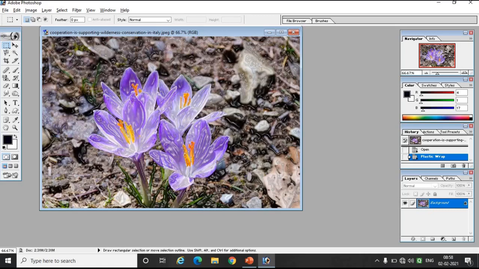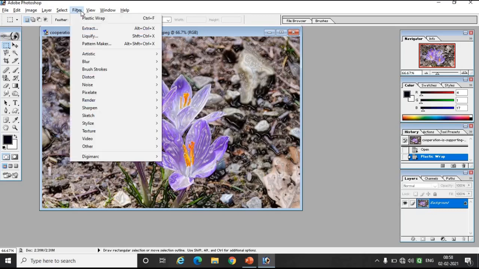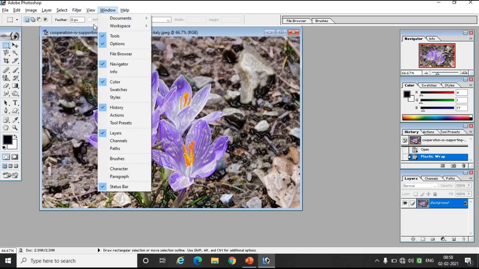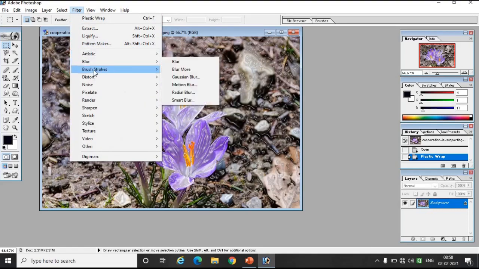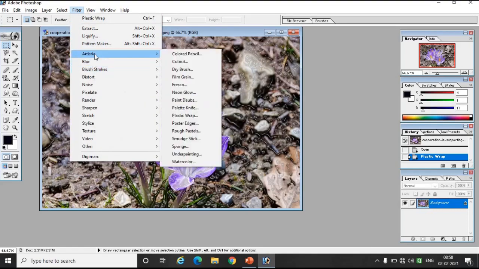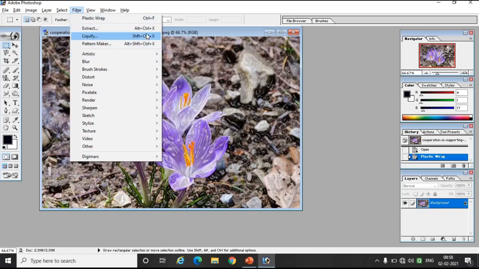So from where you can go to the filter gallery, I will give you one view. For going to the filter gallery, you have to click on filter, and in this menu, after clicking on filter, you will find the option filter gallery. It is not available in my Photoshop. If you have Photoshop at home, you might get that over there. I am not having that, but after going to filter, you have to click on filter gallery.